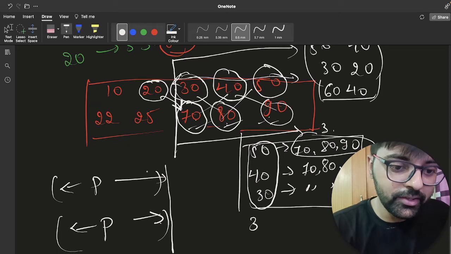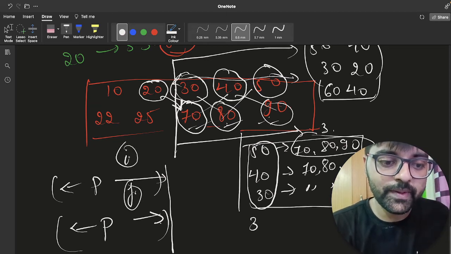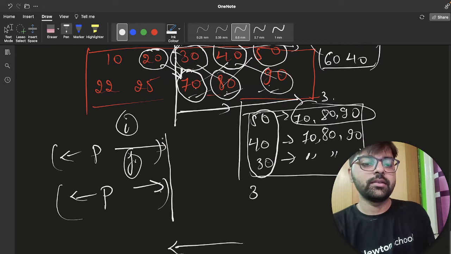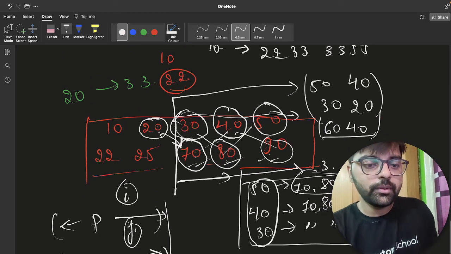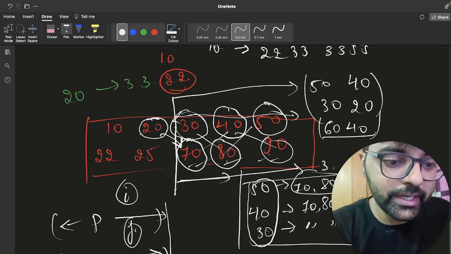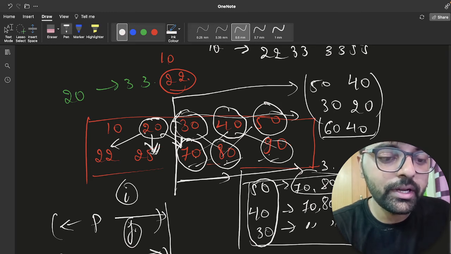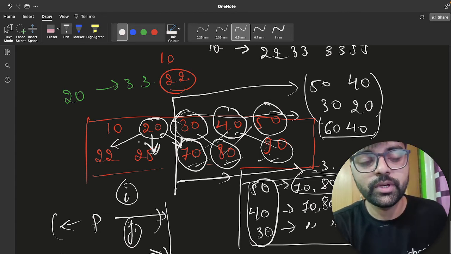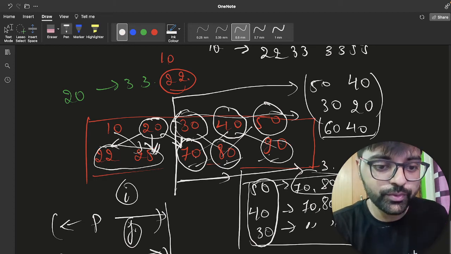Now if I become j, equal to j, then we will have to clear this, like these three will be taken, right? So let's say now we'll move to 20. Then what can 20 take? 20 can take 25 or 22, right? These two it can take. So if 20 takes 25, then 10 takes 22. Then if 10 takes 25, 22, then 20 takes 25. So in any order, these two will be interchangeable.